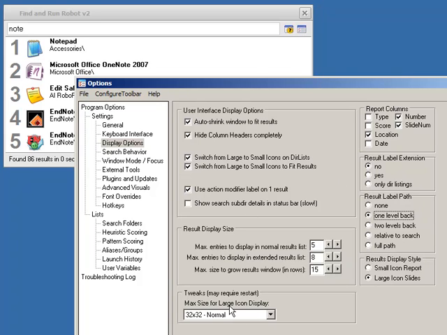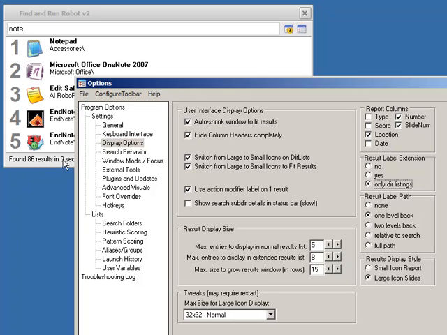This option here is useful when you've got your Windows desktop set up to use large icons. That can actually be affected by that. The best thing to do is just experiment. You can turn on the label extension in the file name. You can see these are all shortcuts, so it's not that useful, maybe when you're first starting out. On directory listings, that's actually useful. And what else? If you're searching lots of different subdirectories, you may want to enable this option, which shows